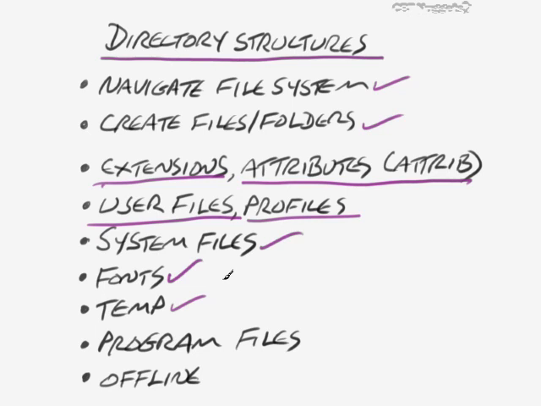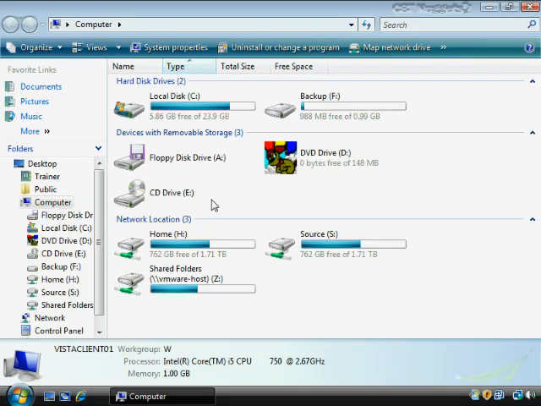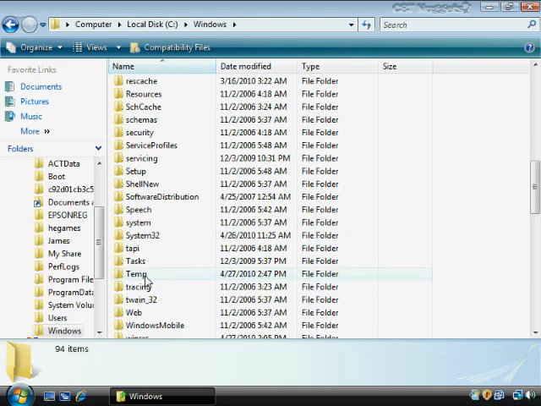So for example, going back to Microsoft Word, it creates temporary files while I'm using it, but when I'm done with that file and I save it and I close Microsoft Word, it should clean up after itself and delete those temporary files. Now, where do the temporary files get located? There could be a couple of different locations. One of those would be under the C drive and the Windows directory, and then temp for any system-wide temporary files that have to be created.